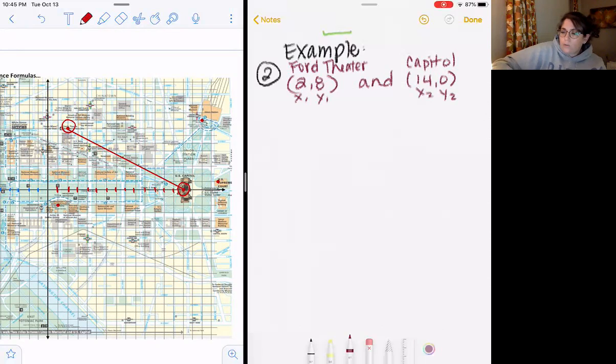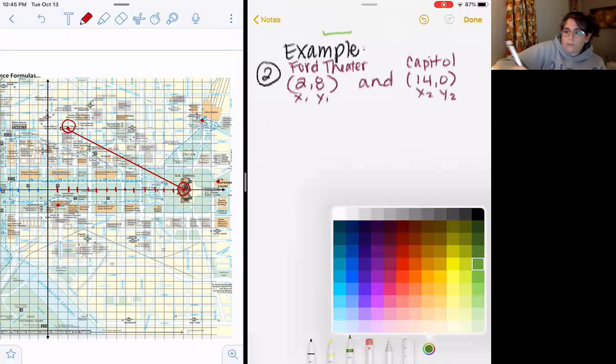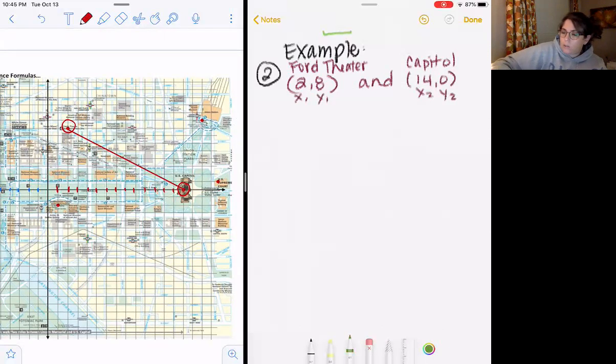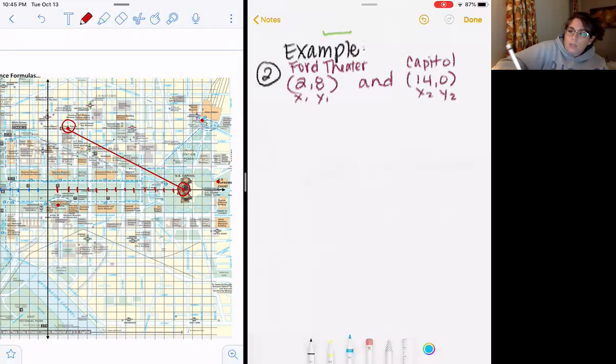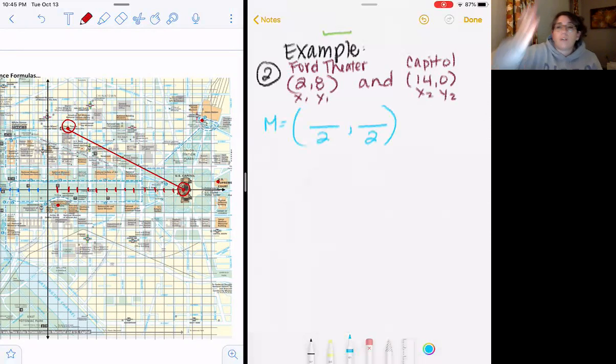All right. So the first thing we're going to do is find the midpoint. I know we just used green. You guys know I'm OCD about my colors. All right, so the midpoint, you put up 2 big giant thingies. You always put it over 2. And it's always going to be X, just like a regular point. The X's are always first, the Y's are always second, because it's going to be X, Y. You're finding a point. So X's go first.